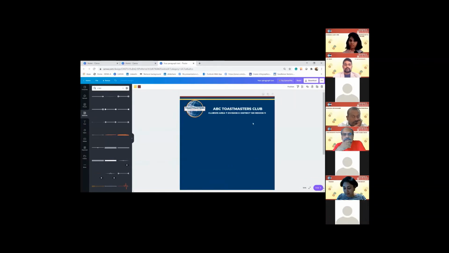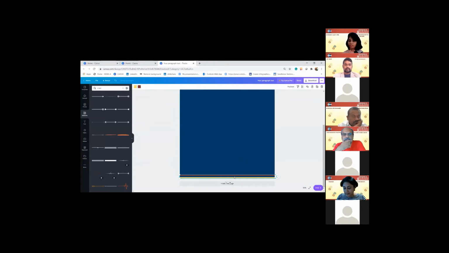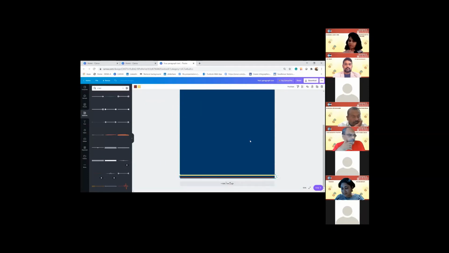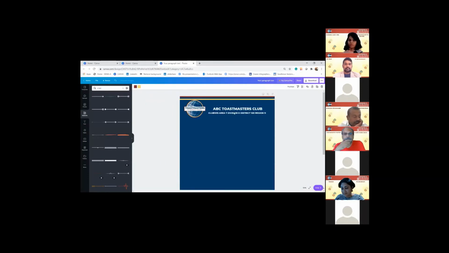Okay, if you see the color is first maroon and then yellow. So do I have to turn it into 180 degrees? I don't have to turn it. I can do this way. I can go here, change the maroon to yellow and the yellow to maroon. So the borders are same now. Okay, now we are done with the club details, the logo.